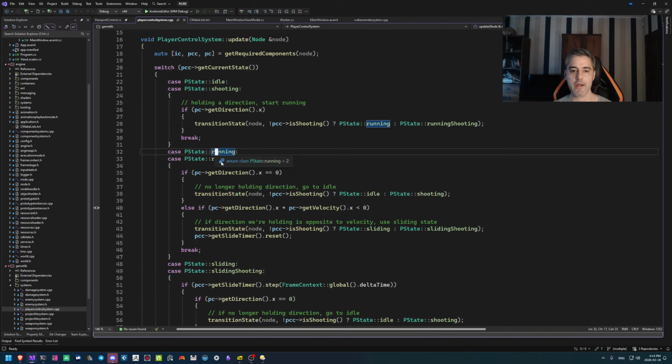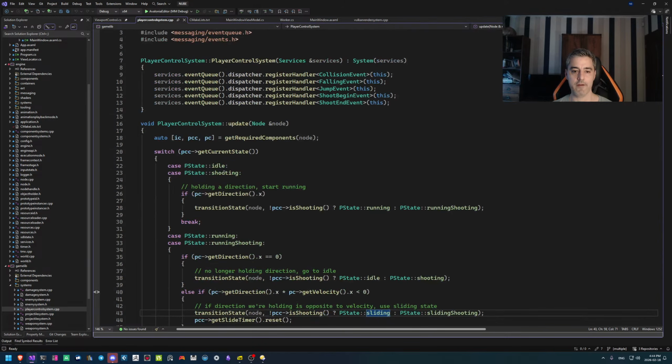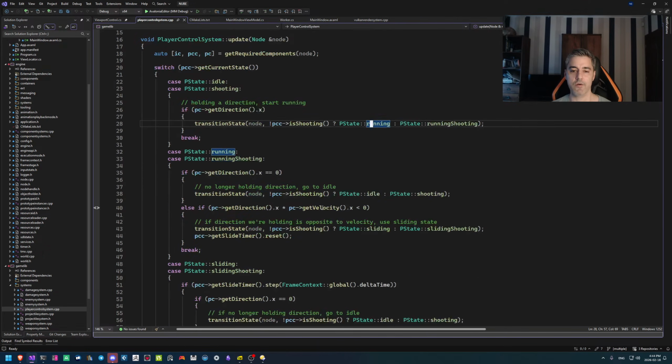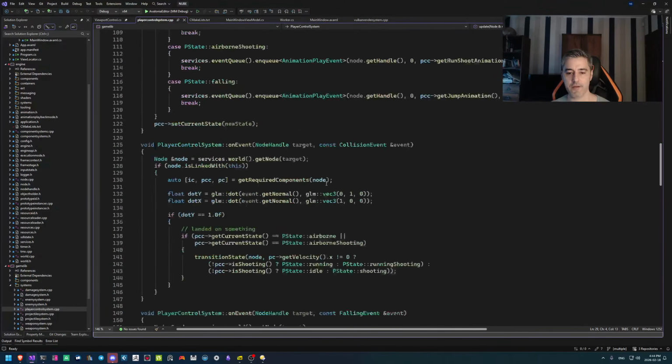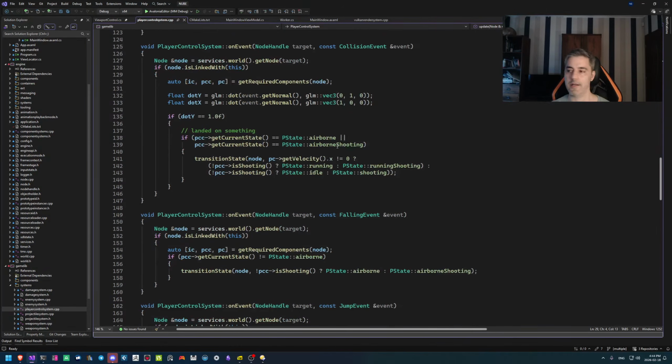If I'm running, I can go to idle or sliding, and if I'm idle, I can only go to running. I can't go to sliding from an idle state, right? You need momentum to actually slide somewhere. So I don't have to check anything. If I'm in this idle state, there's nothing else for me to check other than if I'm going into the running state. The jumping is different because there's like a